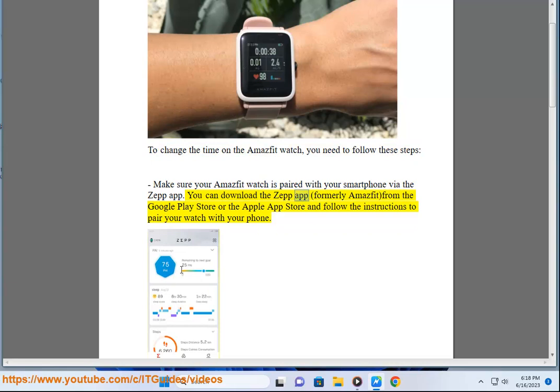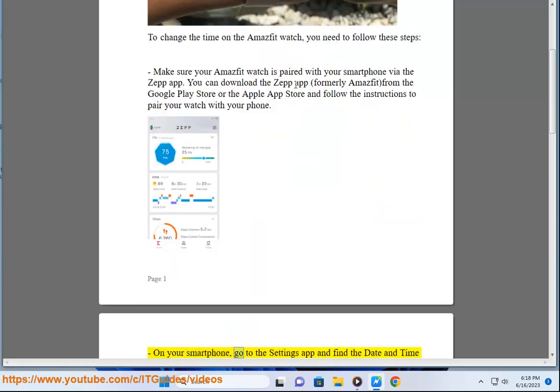You can download the Zepp app, formerly Amazfit, from the Google Play Store or the Apple App Store and follow the instructions to pair your watch with your phone. On your smartphone, go